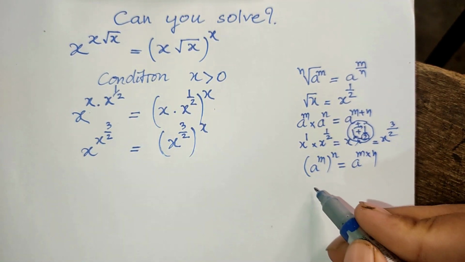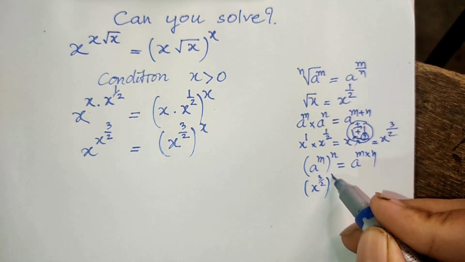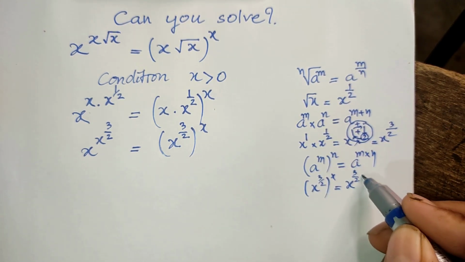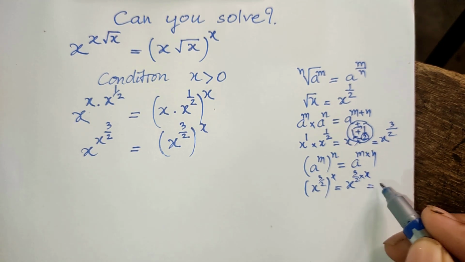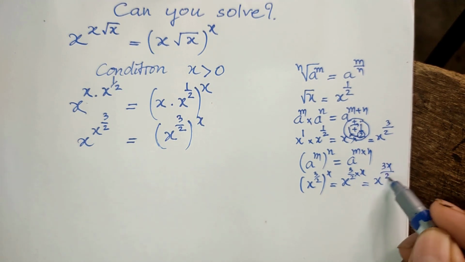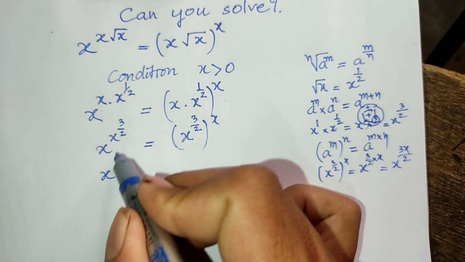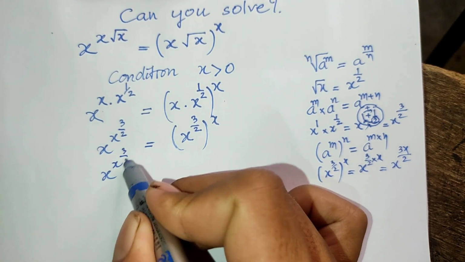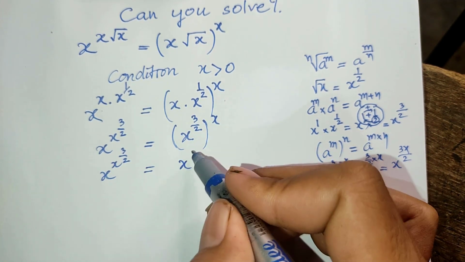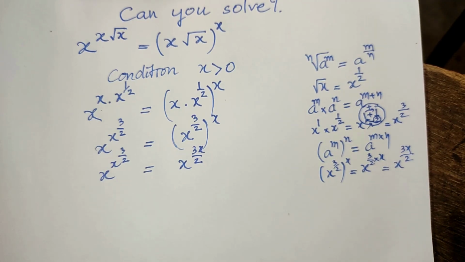And so now h power 3 divided by 2 all power h is equal to h power 3 divided by 2 multiplied by h, and it's equal to h power 3h divided by 2. Okay, now